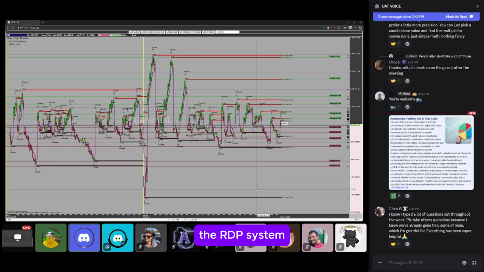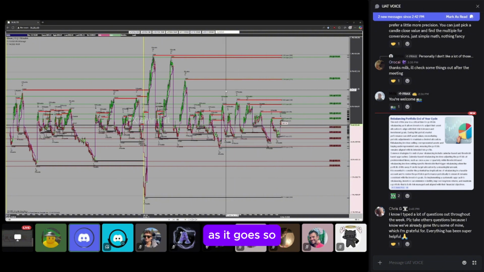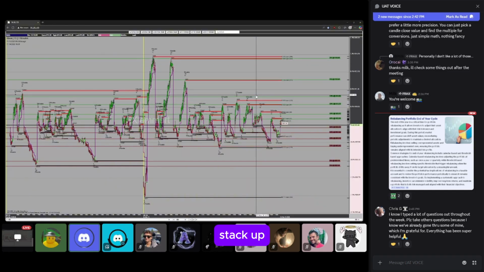The RDP system refactors the screen every time it refreshes data, so the entire screen gets redrawn. On the website, that's not how it works. If it worked that way, it would just be god awfully slow. It'd be unusable. So what's happening right now is you kind of have to just overlook it. The word open's getting recalculated, but the system's not sending out the delta information to remove the word open, because it's getting calculated as it goes. So they stack up over on the right-hand side. That's why you'll see them start to stack up.